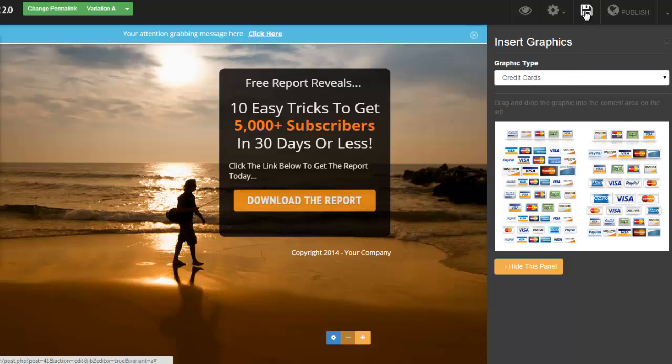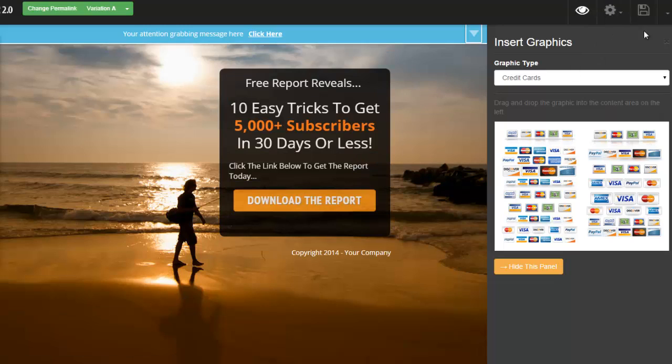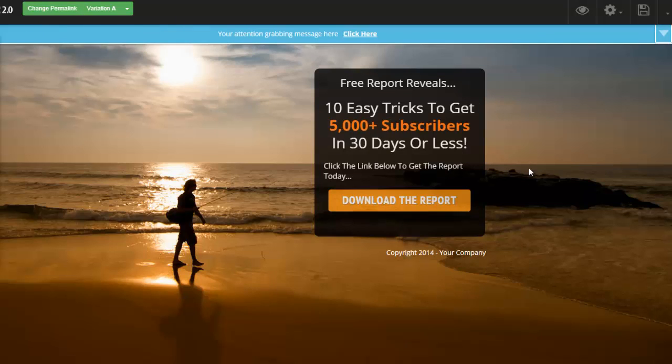But if I come over here, obviously I can save it, but check this out. If I come over here, I can publish this to Facebook. I can publish this to HTML. I can even save this as a template so that I can go and open up this page later on. Now, that kind of covers this corner over here. We haven't even gotten into the split testing yet or the statistics, but I want to show you something else